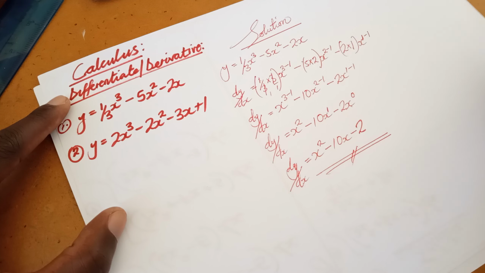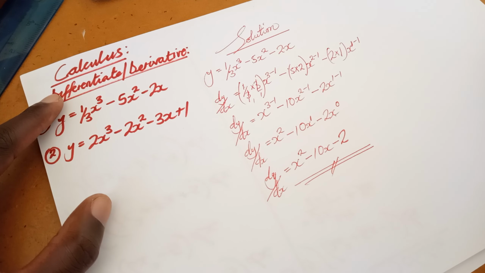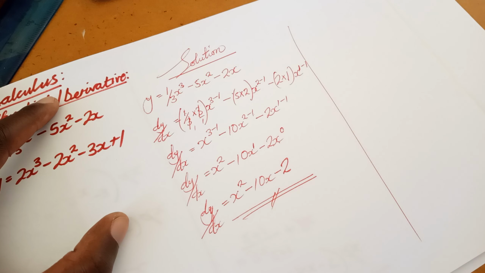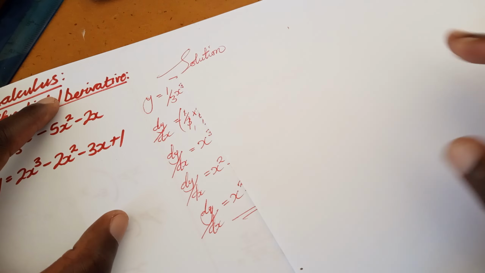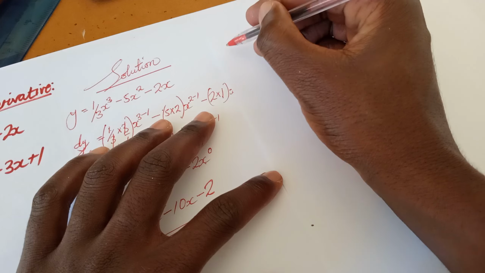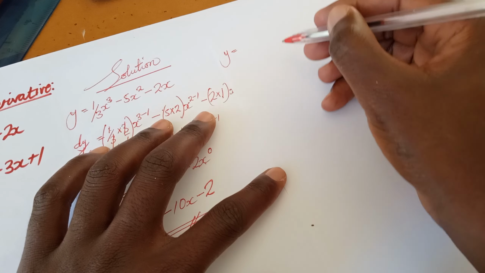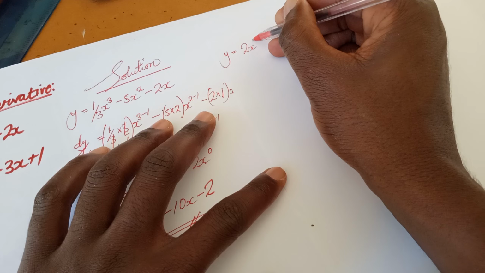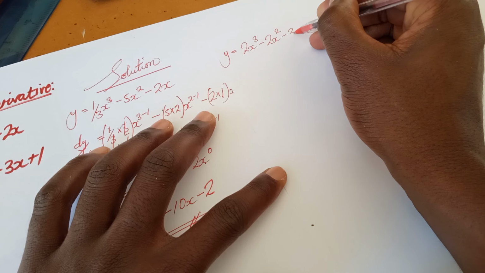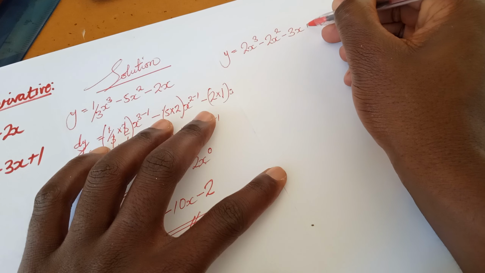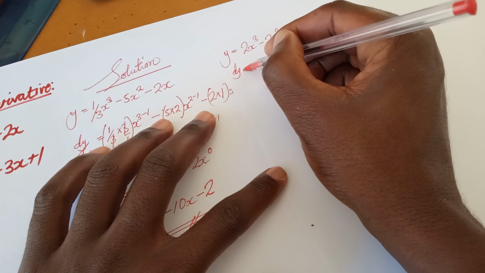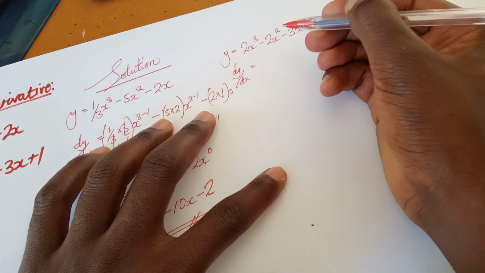We have differentiated. Okay, see that. Let's go to the second example. The second example says differentiate y is equal to 2x to the power of 3 minus 2x to the power of 2 minus 3x plus 1. Okay, so we're saying dy/dx is equal to,